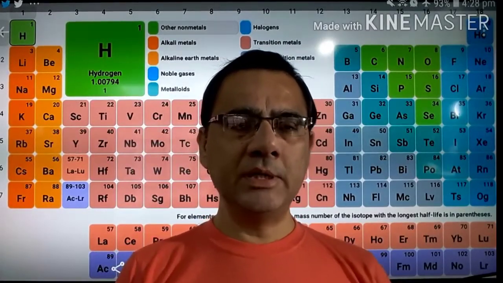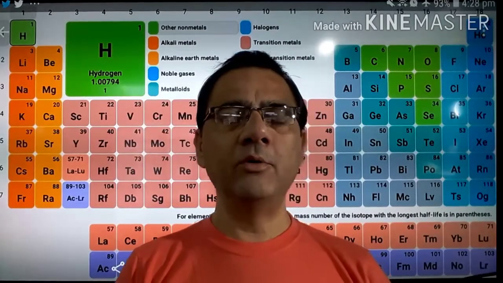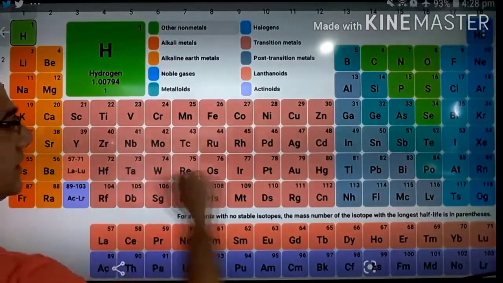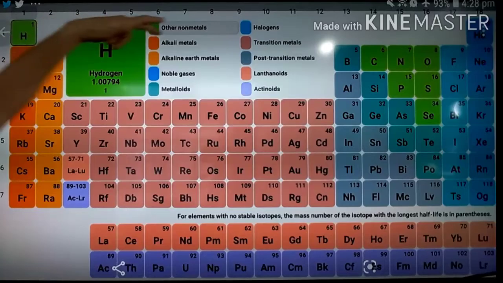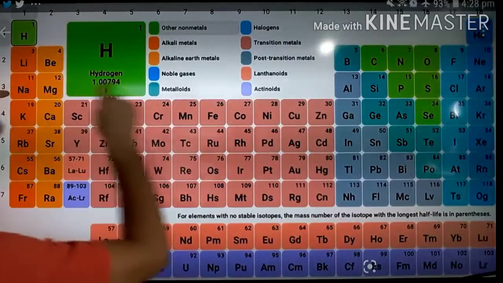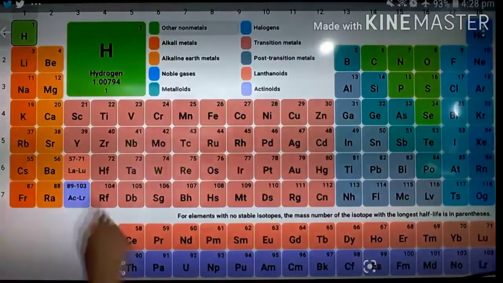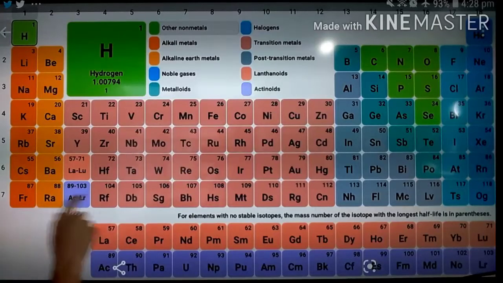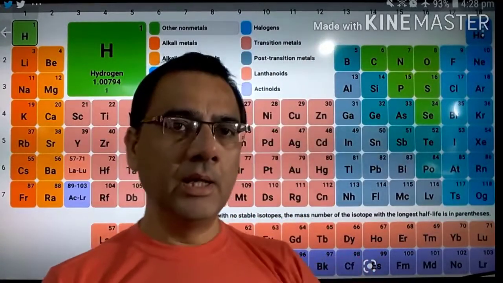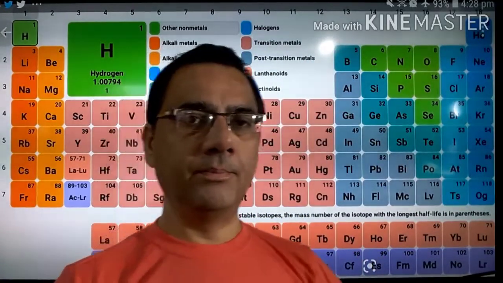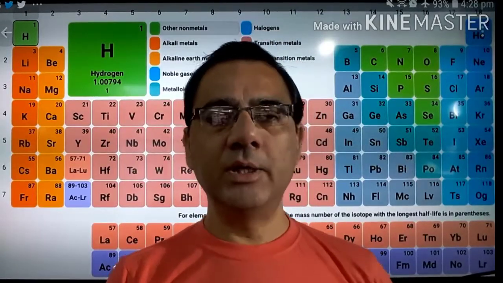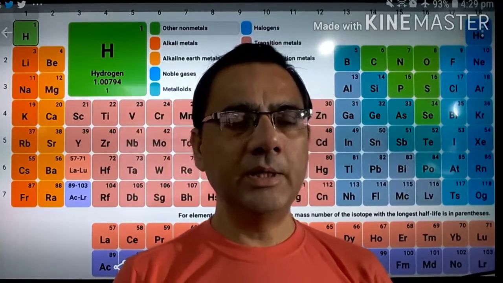This whole periodic table, if we see, there are some vertical columns and some horizontal columns. You see, these are called horizontal columns like this. And how many horizontal columns are there? This is horizontal column 1 from here to here, and this is horizontal column 2 from here to here. This is horizontal column 3, this is horizontal column 4, this is horizontal column 5, 6 and 7. In the main skeleton of the periodic table, 7 horizontal columns are there, and these horizontal columns are called periods. So if I ask you how many horizontal columns are there, you say that is 7.